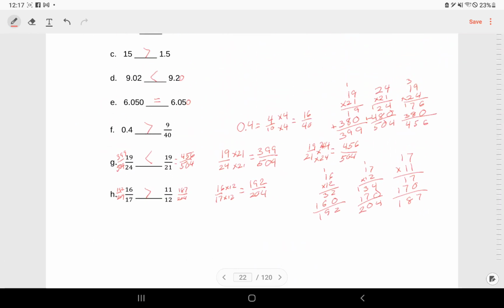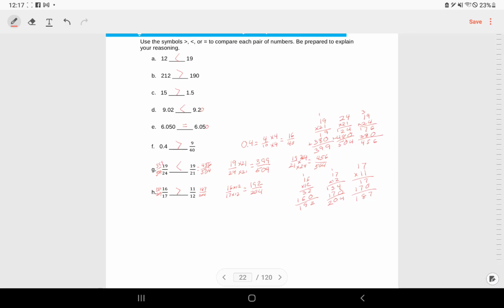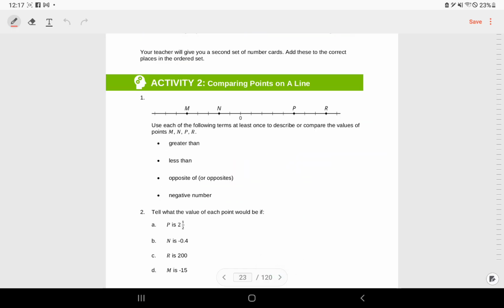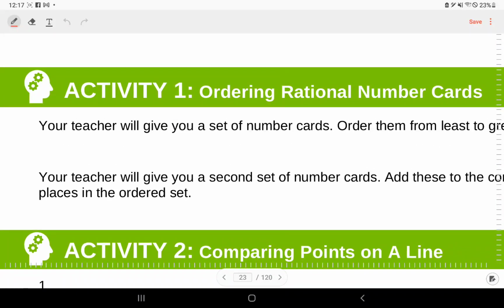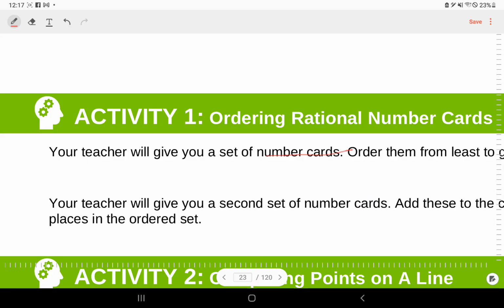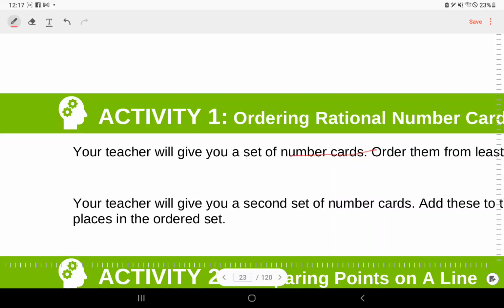And that's your activity. That's your engage. And why? So now, for your second activity. Now, I'm not there to give you a set of number cards. So hopefully, whoever's sub read the sub note and wrote a whole bunch of numbers on the board for you. And so those numbers and the second set of numbers, and so the set of numbers are,